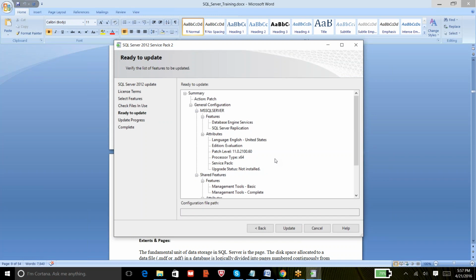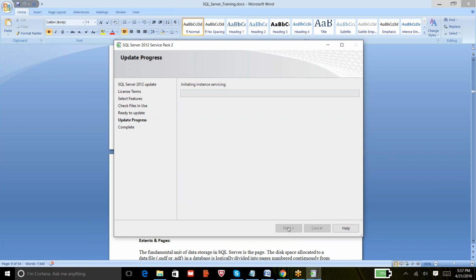If you compare, we haven't provided any of our inputs. It's pretty straightforward to apply a service pack. Now you can just click on Update, and that's it. Your service pack update is in process. And one more thing: when we apply service packs, it is always good to take backups of all your databases. Don't bother about how to take a backup now. We'll learn more about backups and restore in our next class.